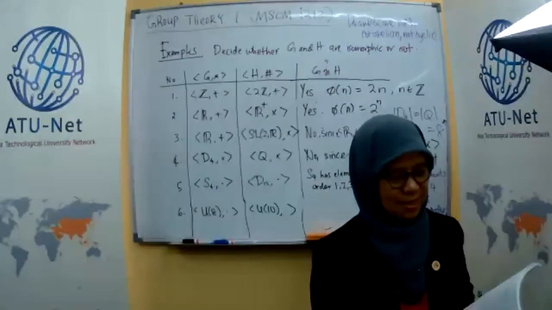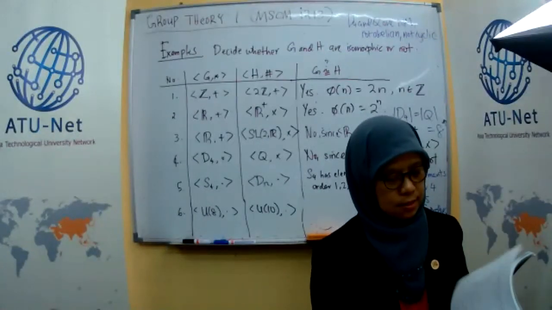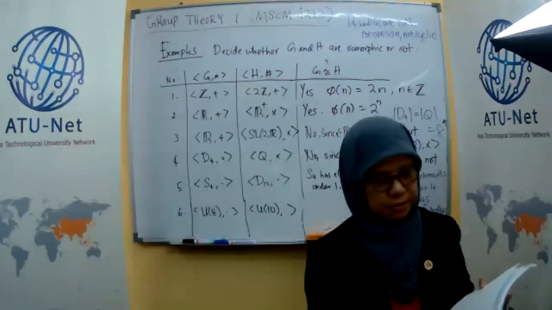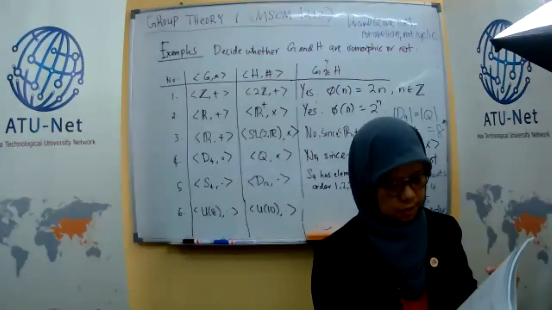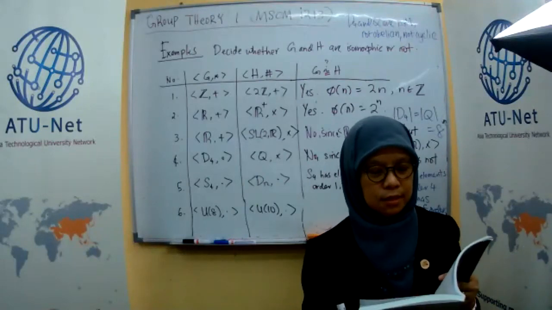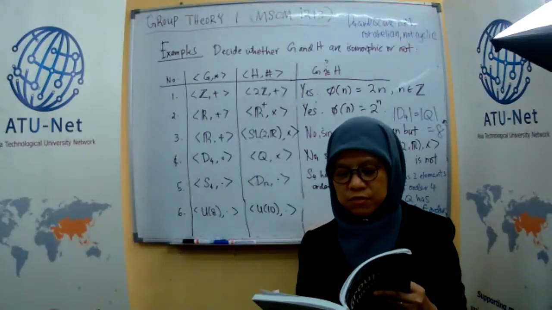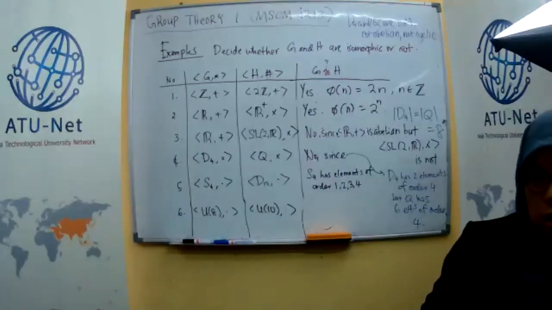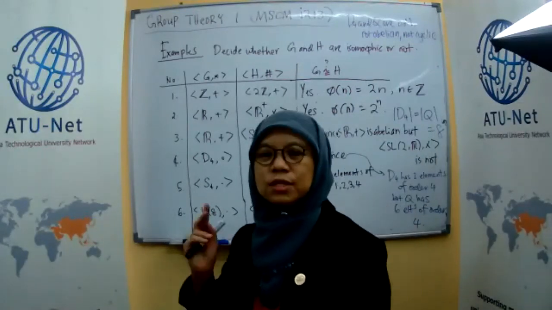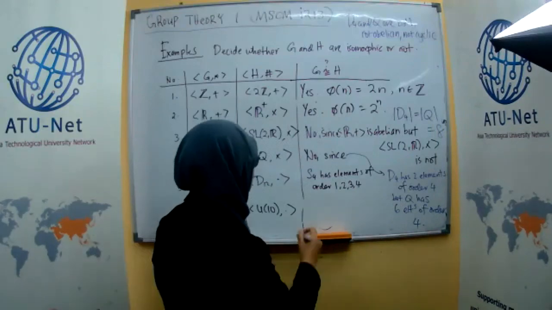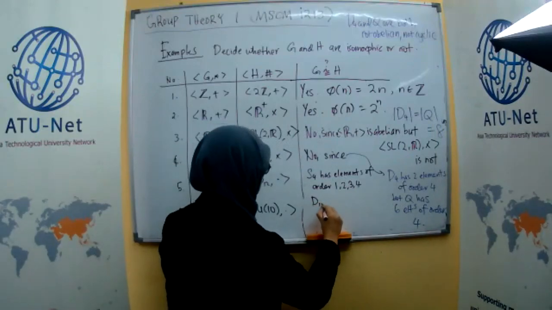Is it the same page? 53. Yeah, okay. Elements of S4, there are 24 of those, but they are all elements of order 1, 2, 3, 4. Right? D12